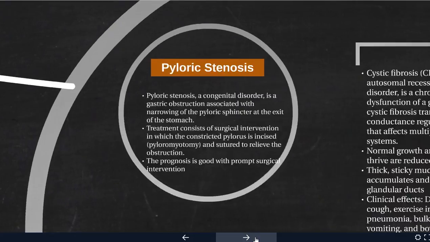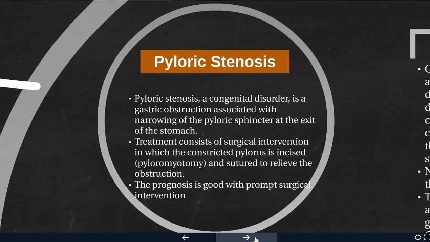So, more conditions here. It's GI conditions. You have pyloric stenosis. It's a congenital disorder. It is a gastric obstruction associated with narrowing of the pyloric sphincter at the exit of the stomach. Treatment consists of surgical intervention in which the constricted pylorus is incised, which is called a pyloromyotomy, and it's sutured